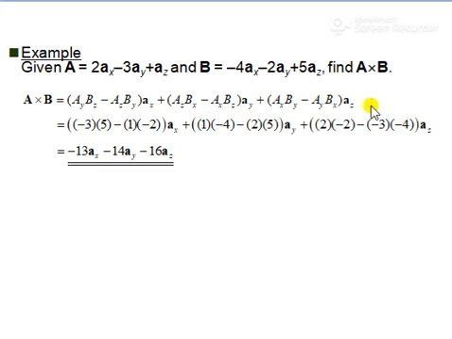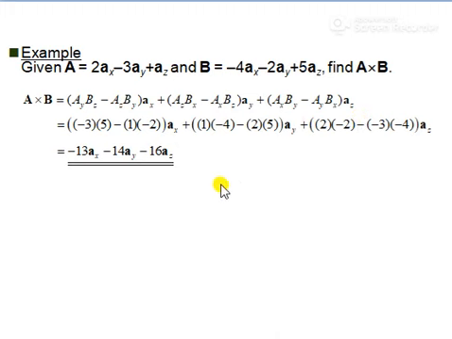So this is available in the form of a determinant. ax, ay, az are in the first row. Similarly, capital Ax, Ay, Az are in the second row. Capital Bx, By, Bz are in the third row of the determinant. If you calculate the determinant, you will get this equation. Put the values of all the components of vectors A and B in this equation, and I get the value of A cross B, that is minus 13ax plus minus 14ay minus 16az. This is how you can evaluate the cross product using the determinant equation.